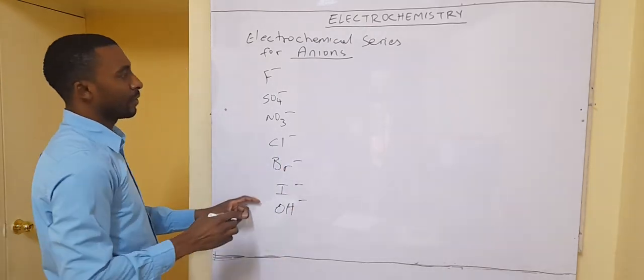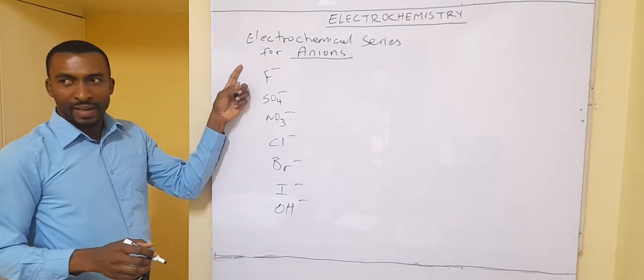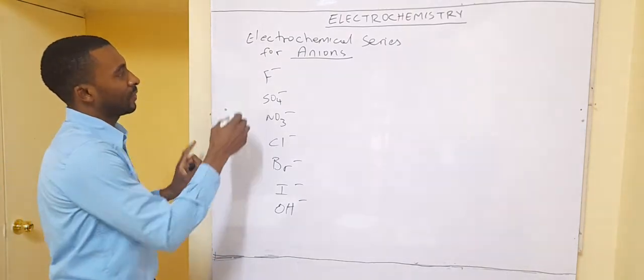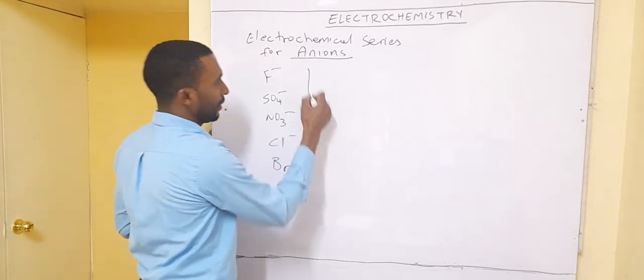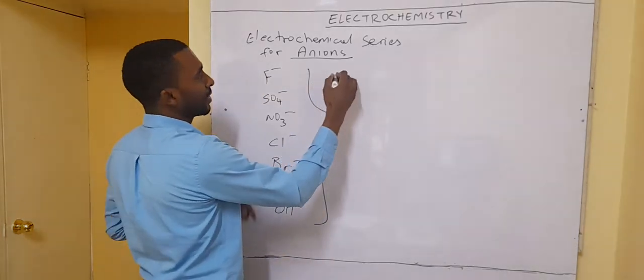The rule for this is that the lower the ion is in the electrochemical series,